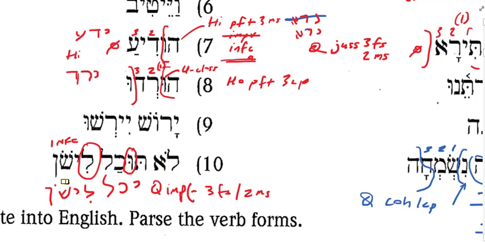So she will not be able to sleep. You just have to know what yashan means, to sleep. Or you will not be able to sleep. Well, if it's talking about being able, you wouldn't say you shall not be able, like the command. With the lo plus, oh, right. Yeah, exactly. So a lo plus a second person imperfect could be a prohibition. In which case it would be, thou shalt not be able to sleep. But that wouldn't really make sense, would it?